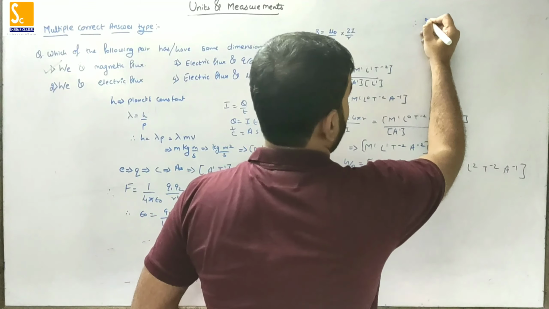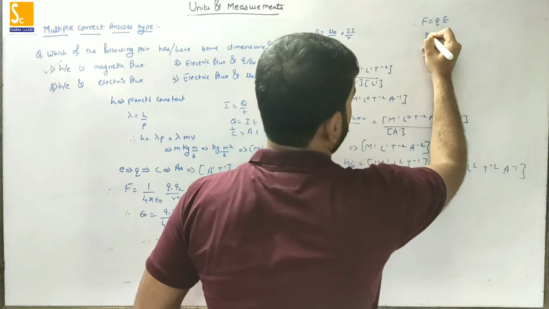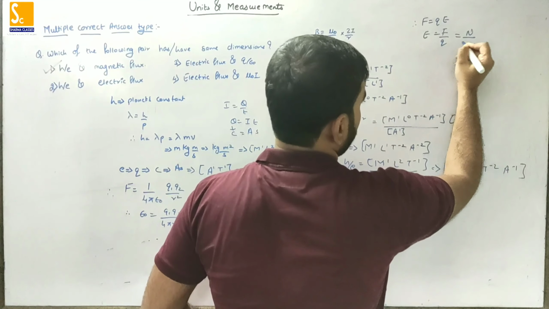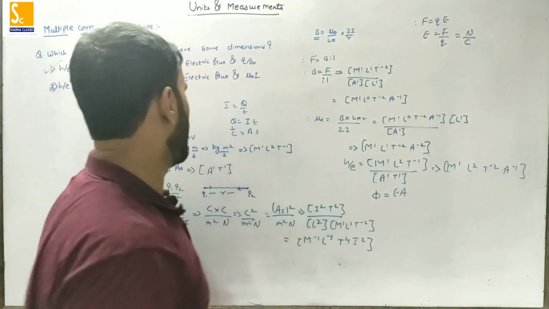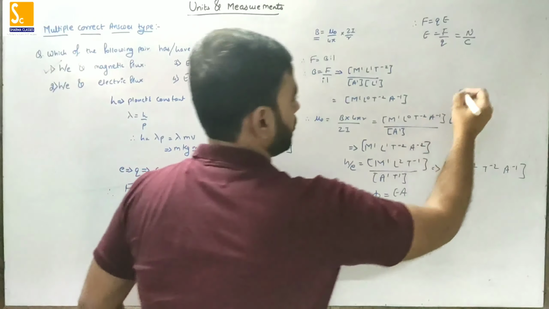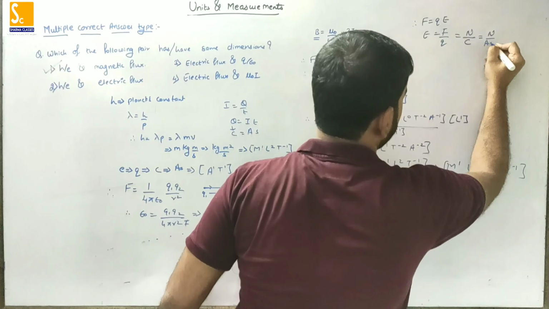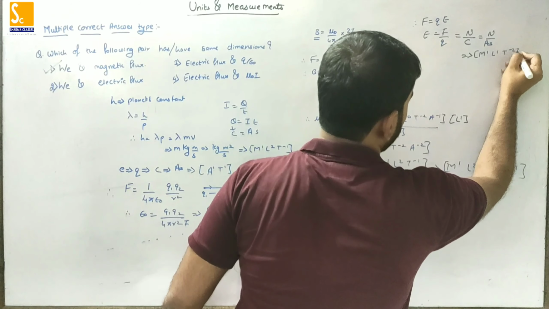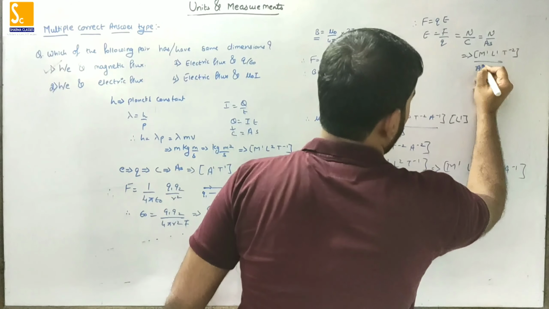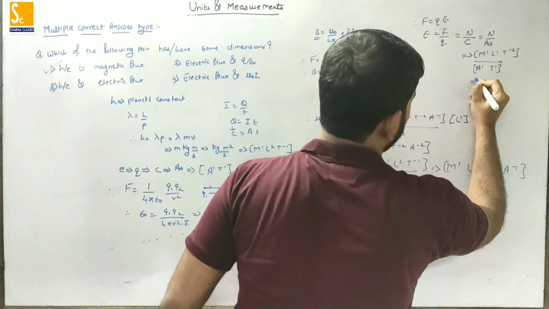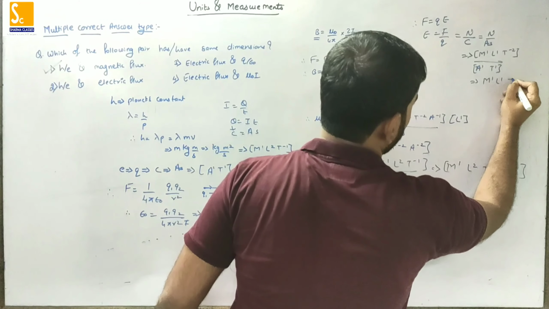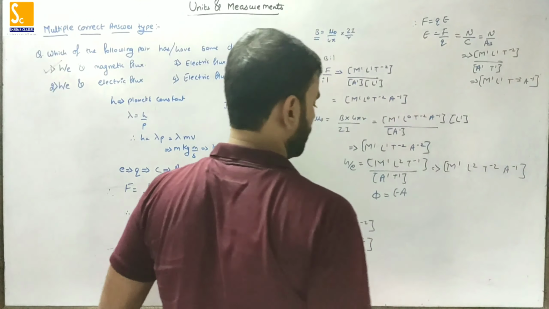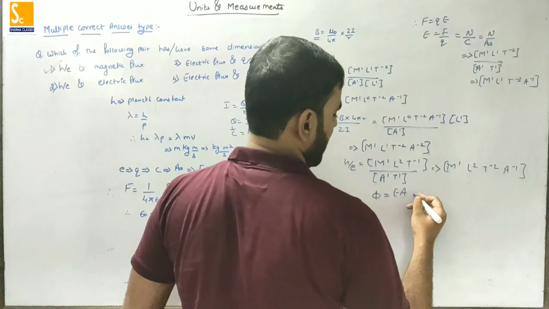For electric field, we have the relation F equals QE, so E comes out to be F upon Q. SI unit of F is Newton, SI unit of charge is Coulomb, and we know that 1 Coulomb is ampere second. So I will write Newton upon ampere second. Dimensional formula for Newton is M raised to 1 L raised to 1 T raised to minus 2. Ampere second is A raised to 1 and T raised to 1. So it comes out to be M raised to 1 L raised to 1 T raised to minus 3 and A raised to minus 1. So we'll make use of this and find out the electric flux.